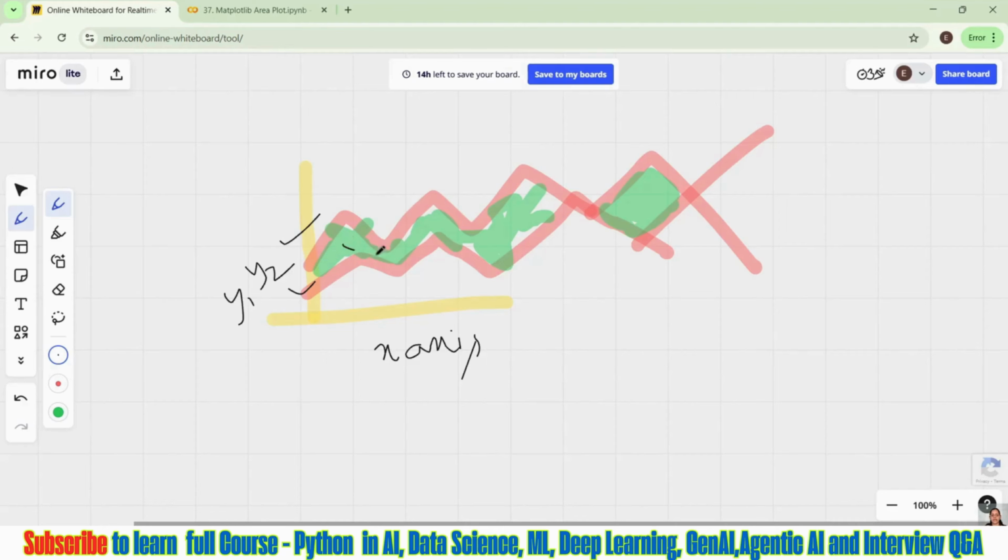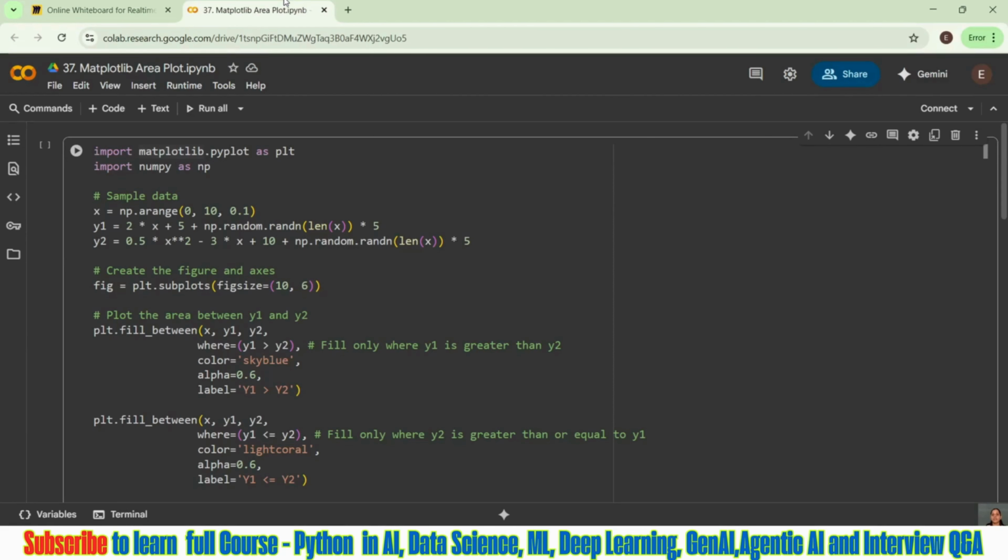And the area which you are getting, this green highlighted area, that is nothing but your inference, or the final understanding you are getting out of it. You need to understand what you are getting from the plots. You should understand what the requirement is for that particular data set, or domain wise, or domain expertise wise. So we will see how to create it.